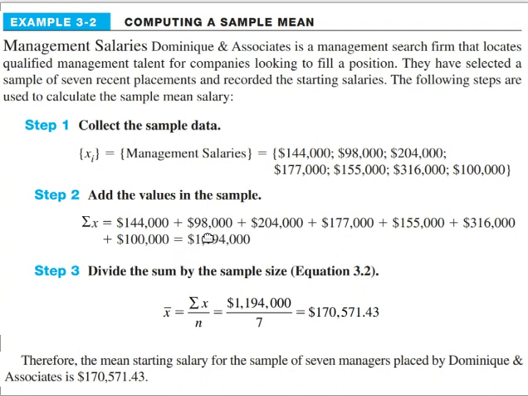Now step 3, divide the sum. This is the sum. Divide the sum by the sample size. The sample size is how many? 1, 2, 3, 4, 5, 6, 7. There are 7. So, divide this 1,194,000 by 7. 1,194,000 divided by 7, and the answer is